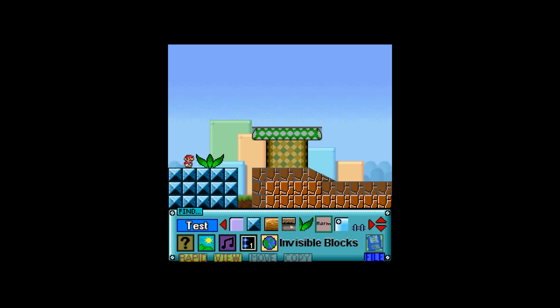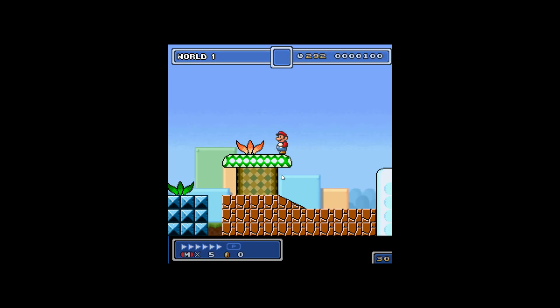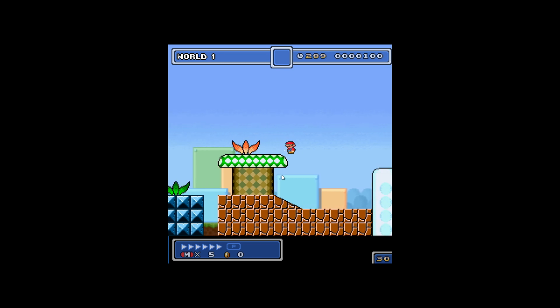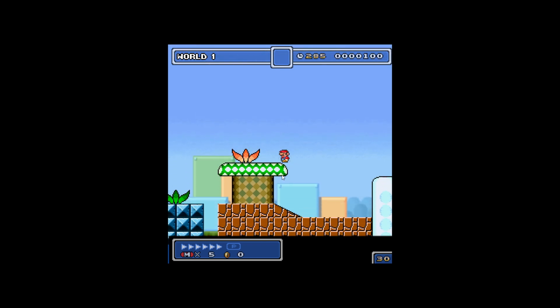There are other types of invisible blocks. There is a climb block, for example, if you make custom vines. There is swim block if you make a custom texture for water or other liquid. There is scale. This is, for example, if you make something like lava or poison or something like that. And there is harm block. I will show you how the harm works. Let's use this red plant as a harming plant. Basically, it is like an enemy. You will lose a power up, then be invincible for a while, and then it will kill you next time